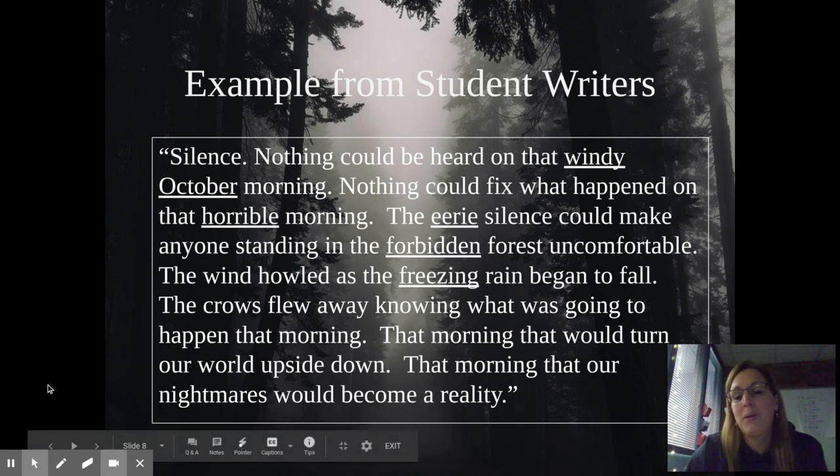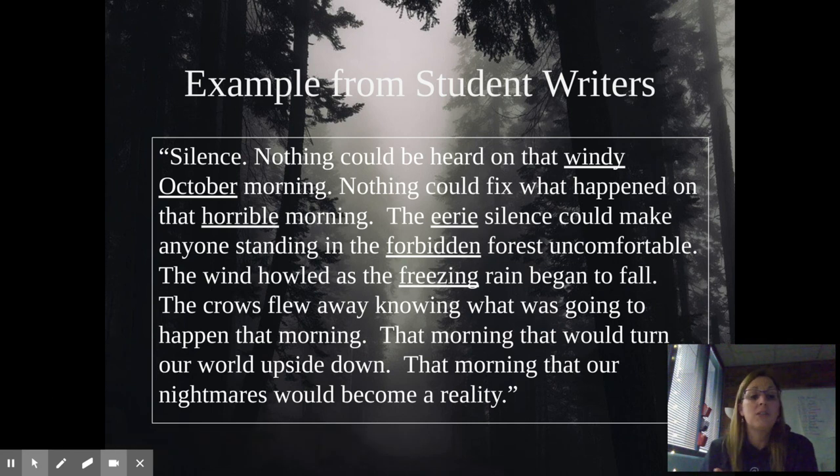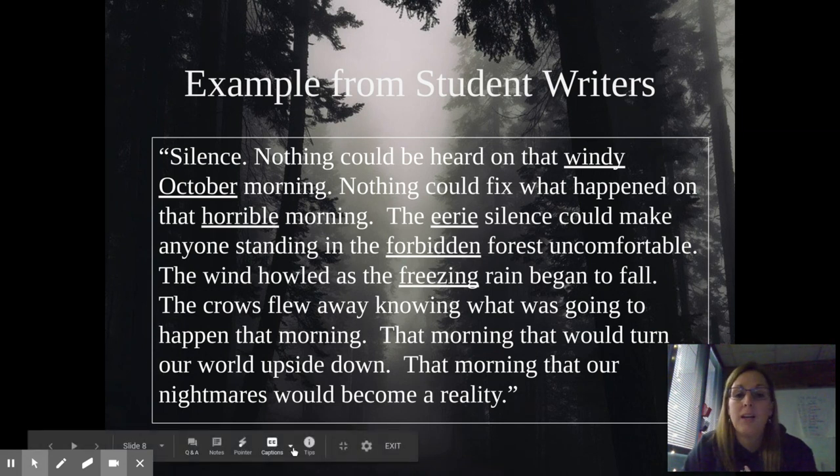Your job will be to create your own mood. And you get to decide, do you want to create a fearful mood? Do you want to create a peaceful mood? What kind of mood do you want to create? And then you'll be writing a mood just like this. So first decide, what kind of mood do you want to write? Once you've decided that,